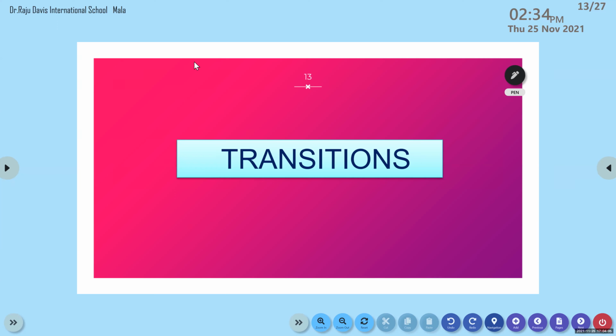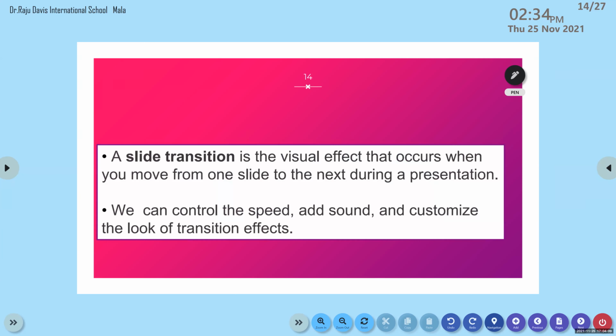So you have seen that a slide transition is, all of you please take your book and write down the spelling of this. Transition, okay? So transition is the visual effect that occurs when you move from one slide to another. Till yesterday we learned about animation. It was about the change that occurs on an object, isn't it?